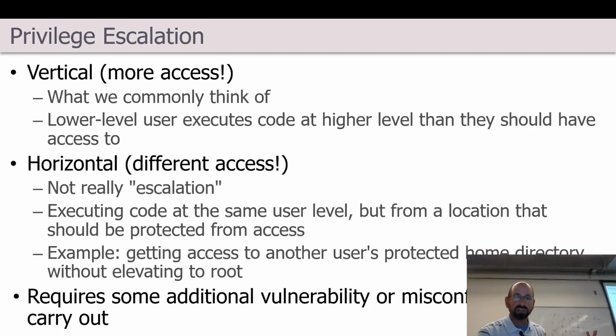That is in contrast to something that's not technically really escalation, but just horizontal movement, either on the same machine or across multiple machines with the same kind of accounts and same kind of privileges. Generally, we have a two-step attack methodology. We have the initial vulnerability and exploit that's gaining us some sort of initial access, and we're effectively bootstrapping from that and determining what else we can get.